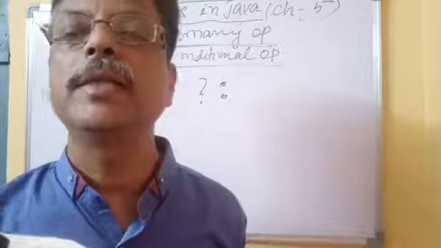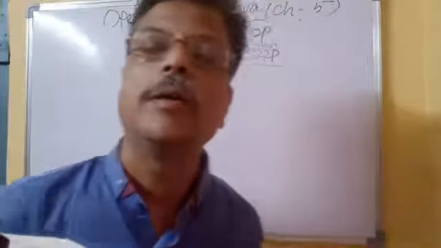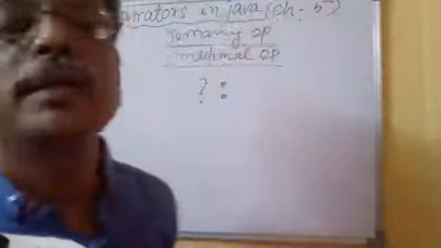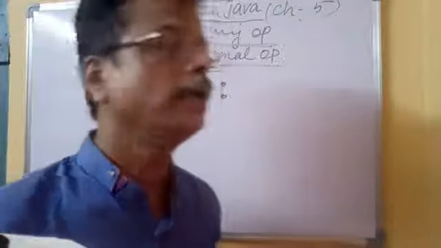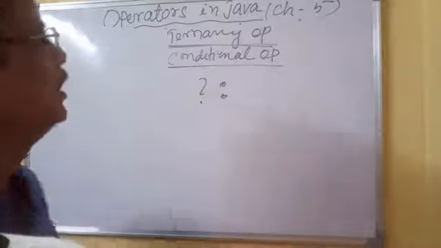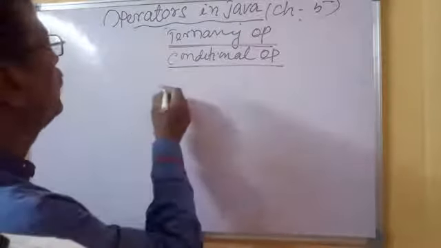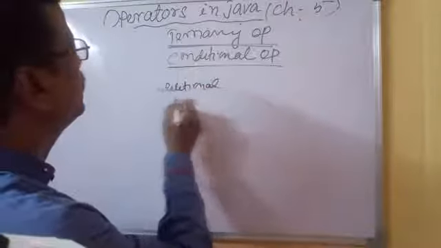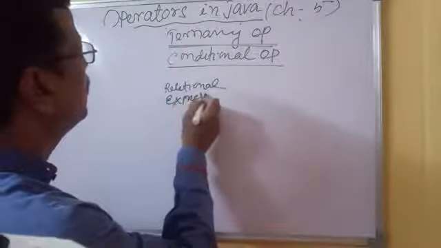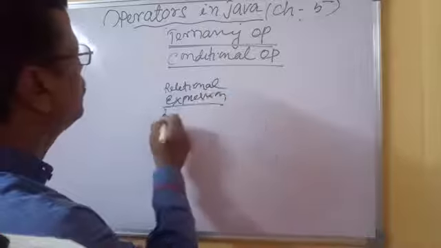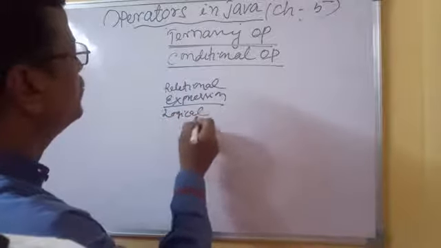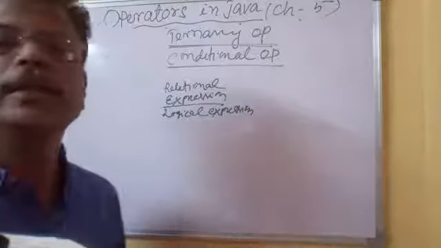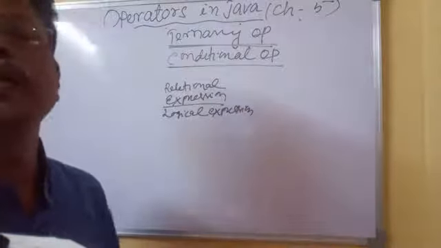And why is it named ternary? Because three different operands are required at minimum to apply this. So that is why it is called the ternary operator. And it can check the condition in this manner. The format of writing it is a relational expression. You have to write a relational expression here. Okay, relational expression or logical expression also you can write, whose answer can be determined as true or false only. That type of expression. No other expressions are allowed.